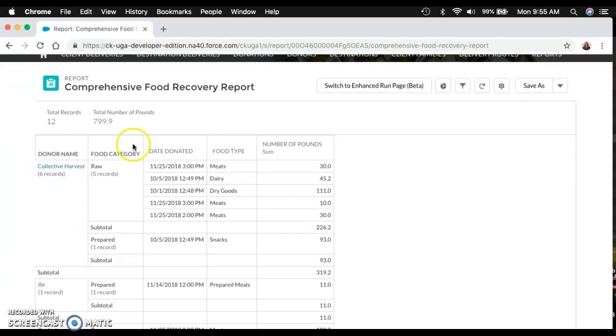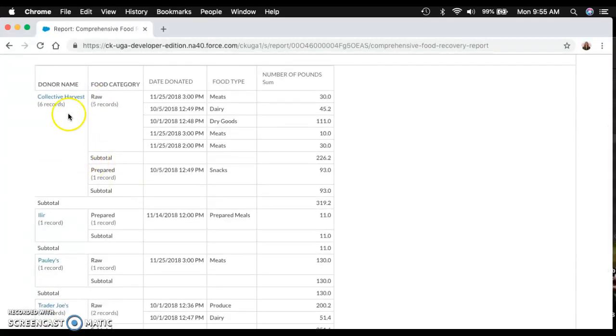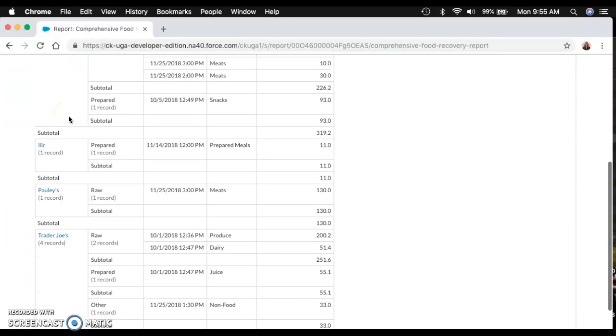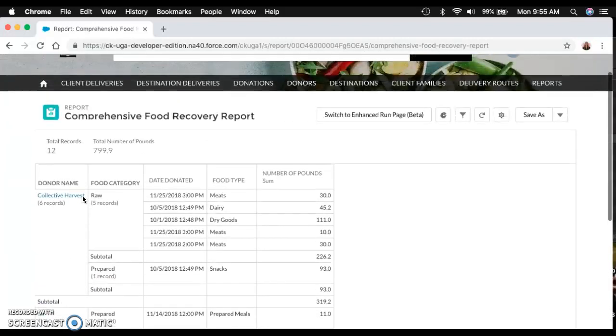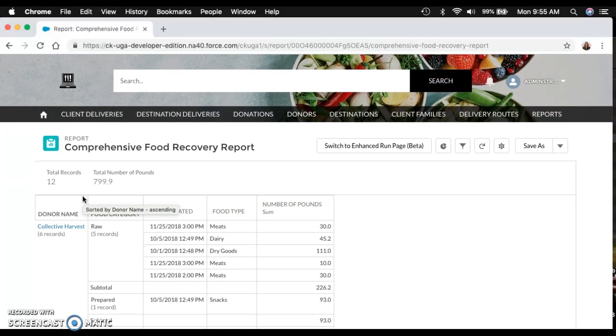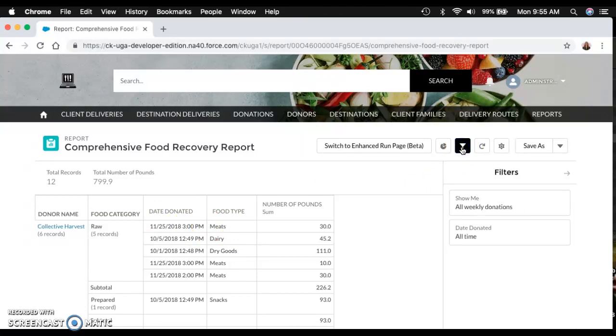And as you can see here, it gives you a nice sum of the total number of pounds currently in inventory. And then it breaks it down by who donated the food. So this is very helpful when the meal preppers are trying to see what they can make, how much meats do they have, when it was donated, is it still good? You can add a filter for time. So this is a very beneficial internal report for meal planning purposes, as well as reporting to the Food Bank